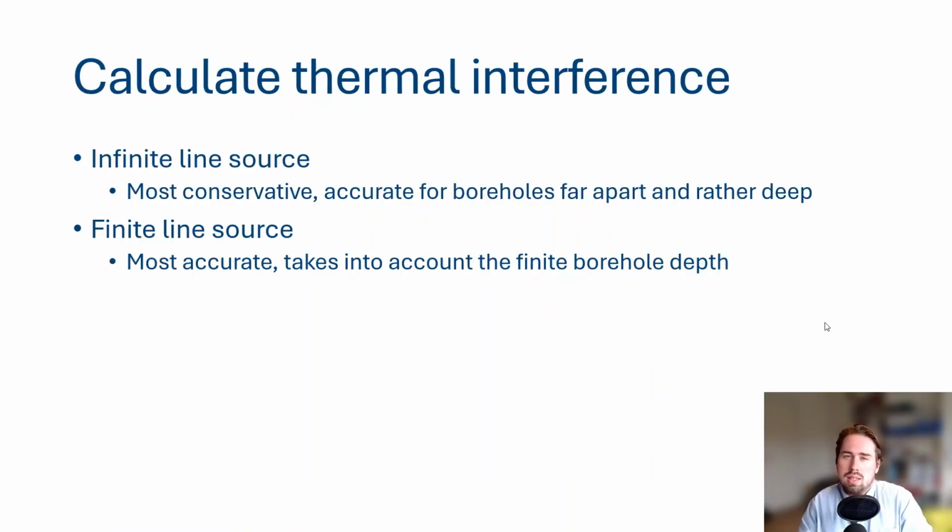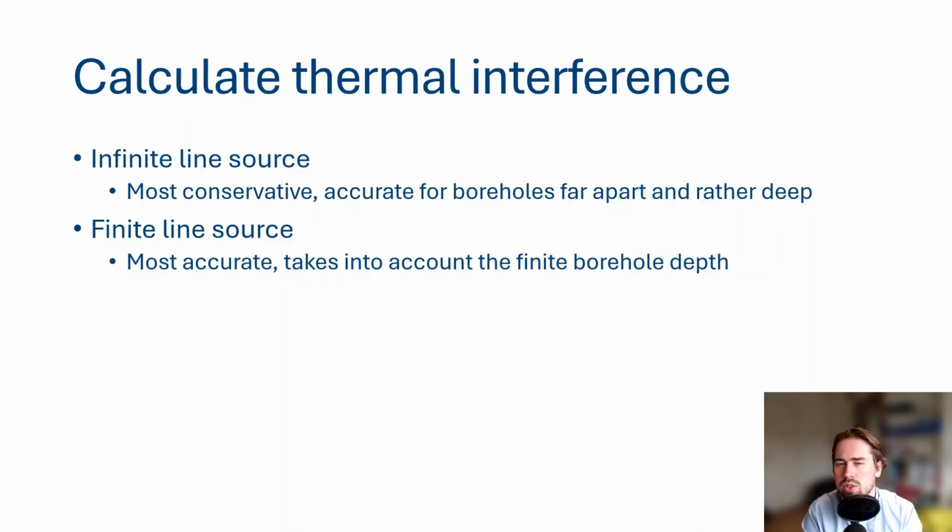Now, how can you calculate this thermal interference? Basically there are 2 different models for that, the infinite and the finite line source. We already touched upon this when we were talking about the G functions and the long-term behavior of our bore fields. If you have not watched the video, it's linked in the description. But what we said is basically, since our borehole diameter is way smaller than its depth, we can assume it is a line. And then we can assume it's an infinite line, so it will go on forever. That's the most conservative way of simulating boreholes, and it's